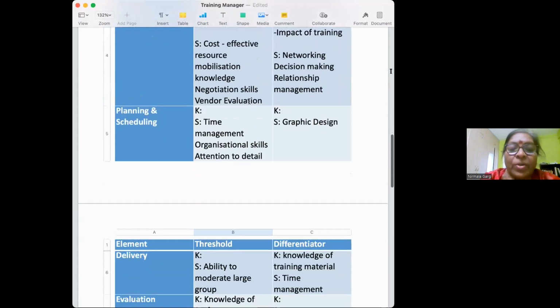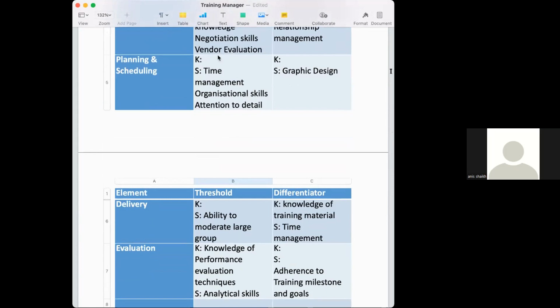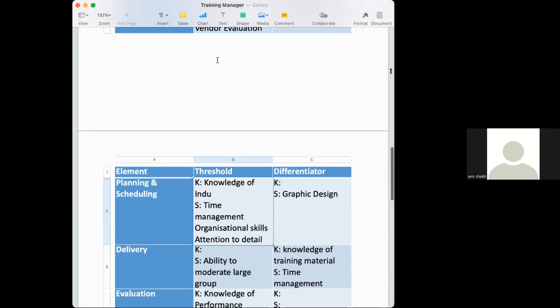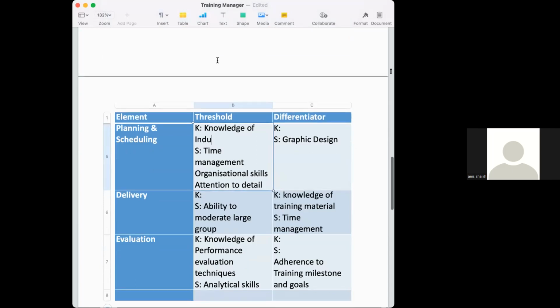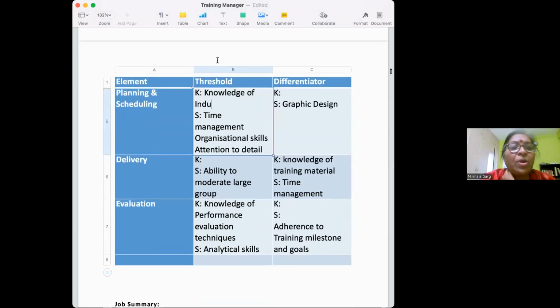Let's go to planning and scheduling. Knowledge we are not able to conclude because of time limit, but yes, knowledge is actually the industry working pattern. You should know the industry working pattern. Like in some industry, before scheduling the training calendar, we have to understand at what time the training should be given, not in the first half, like that. Knowledge about the industry practices, or seasonal knowledge about the industry, peak season, off season. Because typically when you're planning,